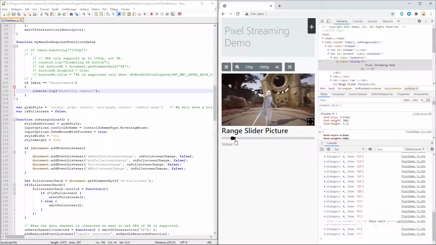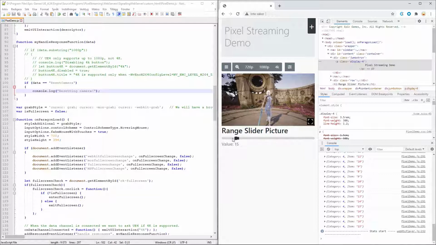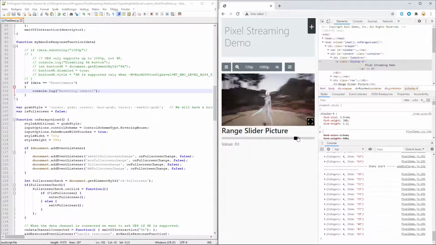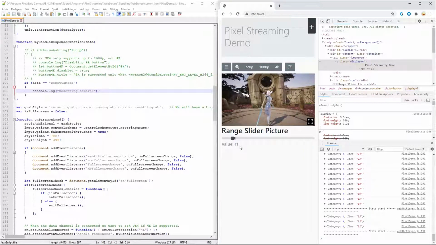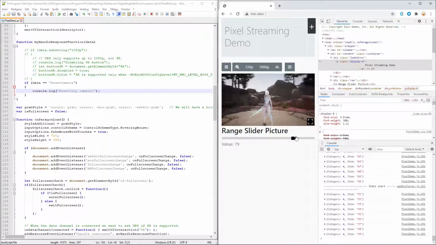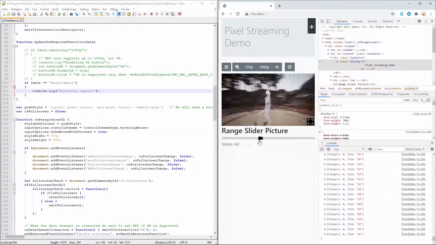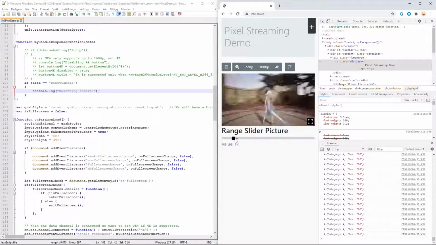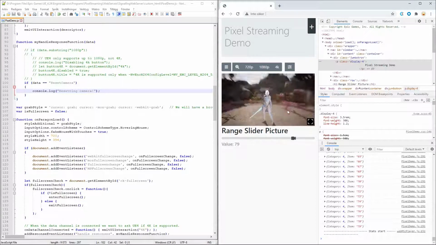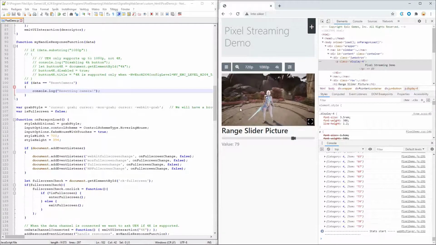But this doesn't change the range value or the slider value or the text value. You might remember the time when we changed this value whenever we interacted with the HTML slider, we can do something similar here.